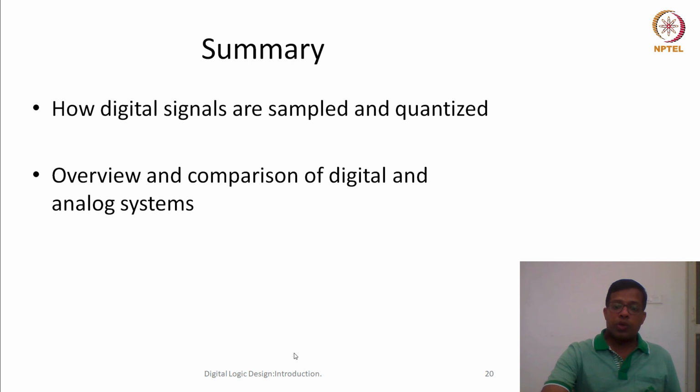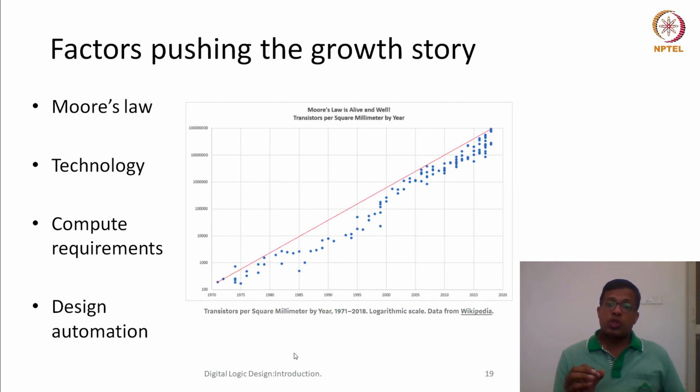Another important thing we see is that there's one particular law which is pushing the growth. We call it Moore's law. According to Moore's law, every 18 months the number of transistors on an integrated circuit will double. So your area remains the same, but the number of transistors within the same area would be doubled after every 18 months. All of you know that anything which is exponential in nature will not work, but this particular law, Moore's law, is stable. It is working for at least the last 40 years.